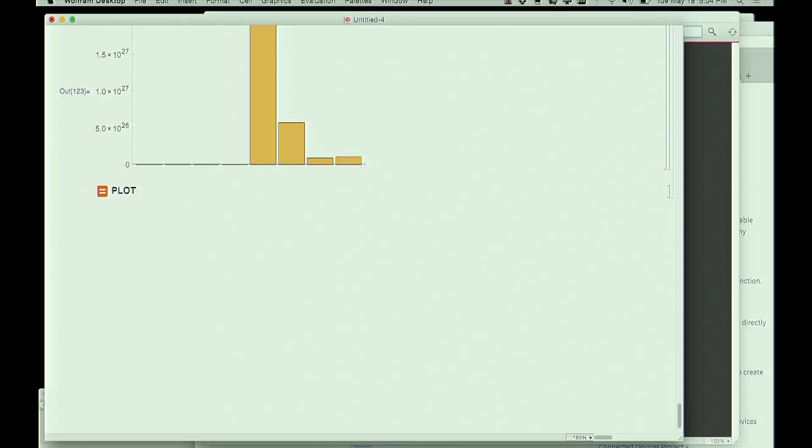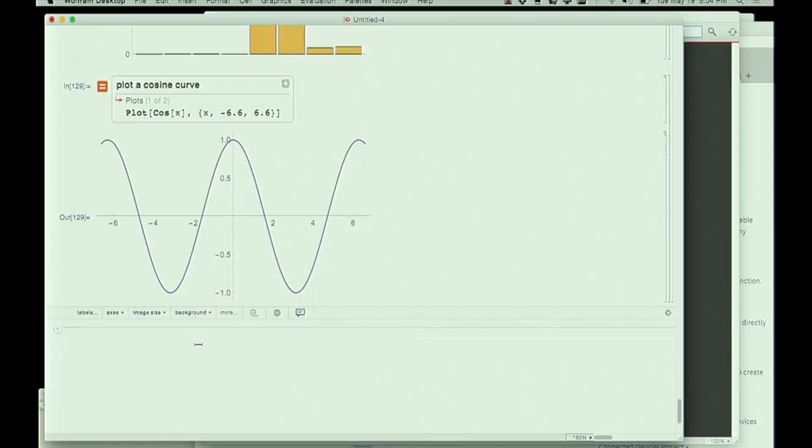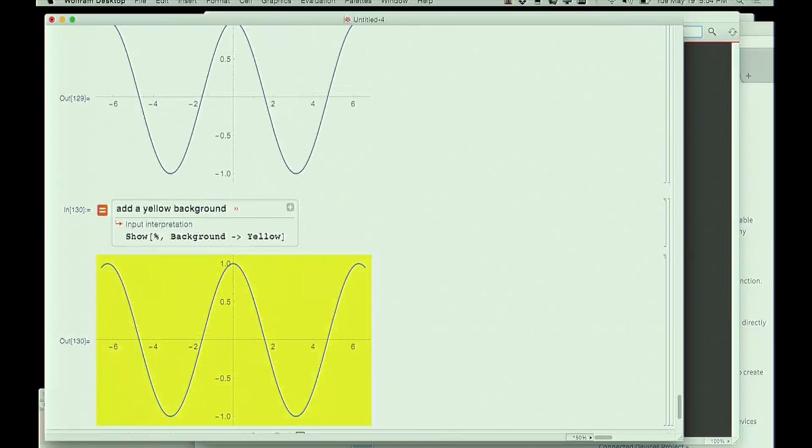I think one of the things that we're working a bunch on is how do we use the natural language understanding stack that we built for Wolfram Alpha to be able to synthesize queries here. And that's a fairly promising thing. If I say something like plot a cosine curve, this is now going to use natural language to synthesize code. Then let's say add a yellow background. Now, this will again synthesize code and do the operation. And so the idea is to do that type of thing with queries also.